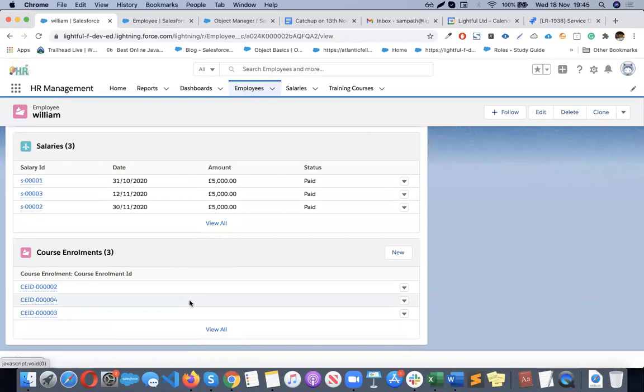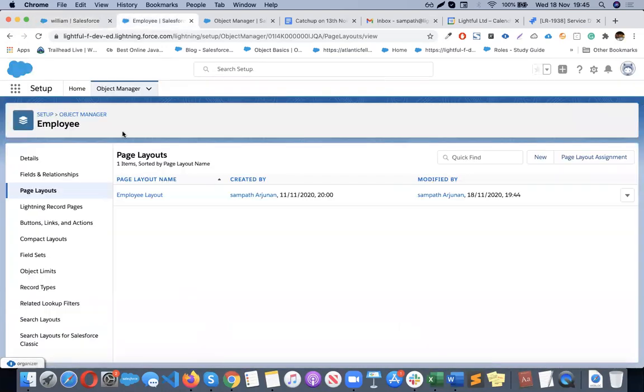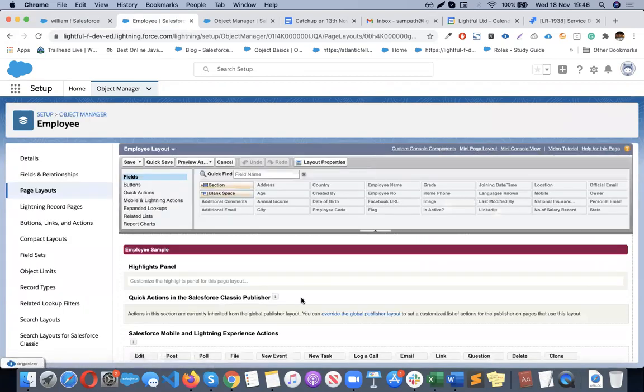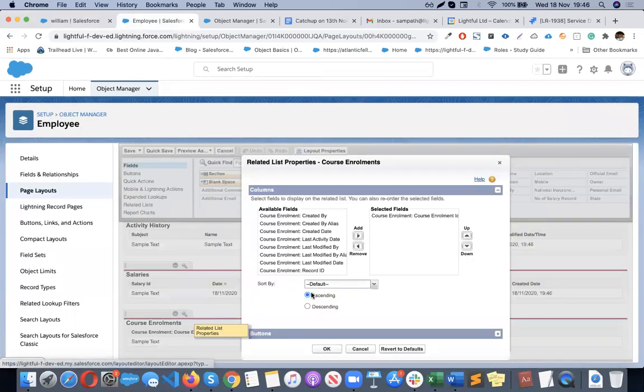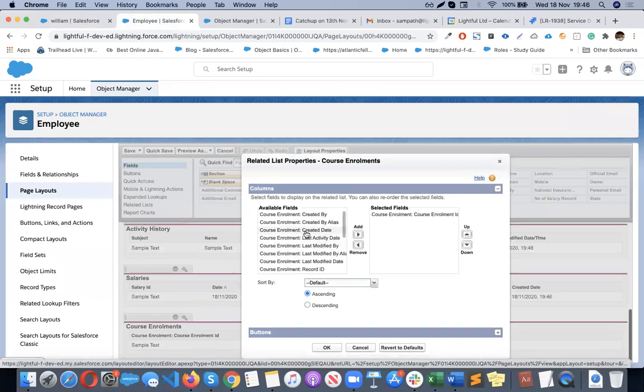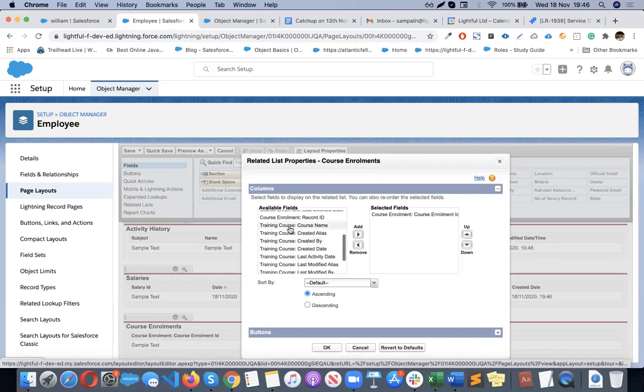In a similar way, for course enrollment, if you want to do it, again go back here, edit. Here you will see both objects, because this is the junction object with the master detail relationship. Because of that you can see both objects' information, the course enrollment information and the parent information, the training course also.